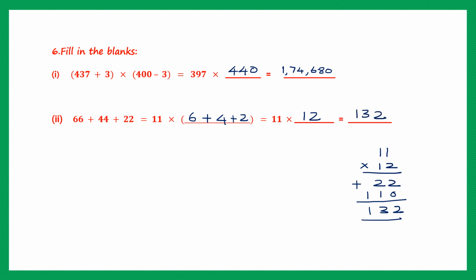132. So how did we fill in the blanks here? The question was 66 plus 44 plus 22 and on the right side we had only 11. So we did 11 into 6, 66, 11 into 4, 44, 11 into 2, 22. And then we added up all these, we got 12. Finally, you multiply these two and you get